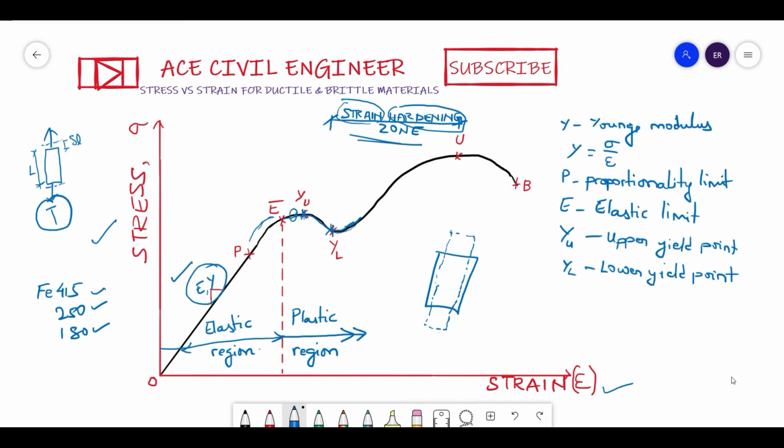Slowly, as the load is increasing, this shape is slowly turning into this shape. So this is the permanent deformation shape of the material. Slowly it is going to increase its hardening state. So it will reach the best strength capacity of that material, and that capacity is now known as the ultimate capacity of the material. So U here I am mentioning as the ultimate strength of the material.